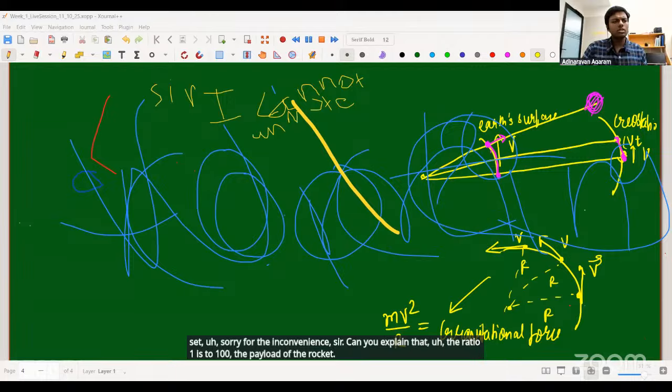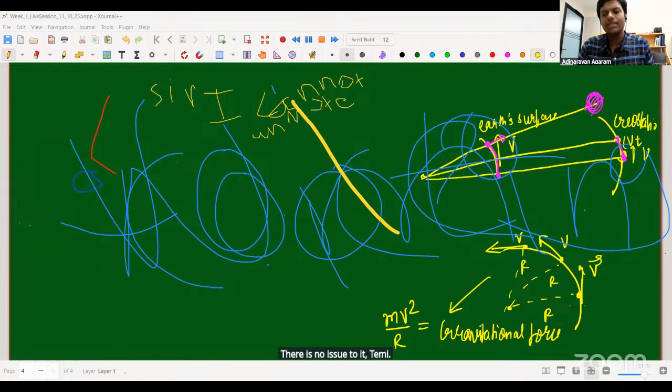There is no ratio to it. As far as I know, there was no ratio. What sir wanted to explain was, in a rocket, whatever is your main component that you want to take, say your payload, the payload's weight is going to be very less compared to everything that you're carrying to take the payload there. You have a very big rocket, you have 3 engines.